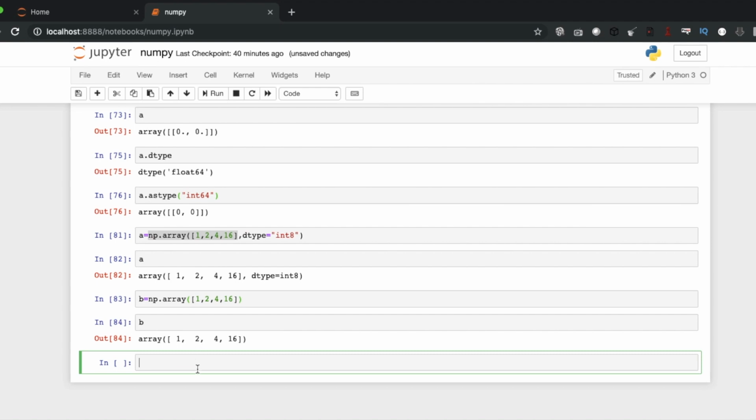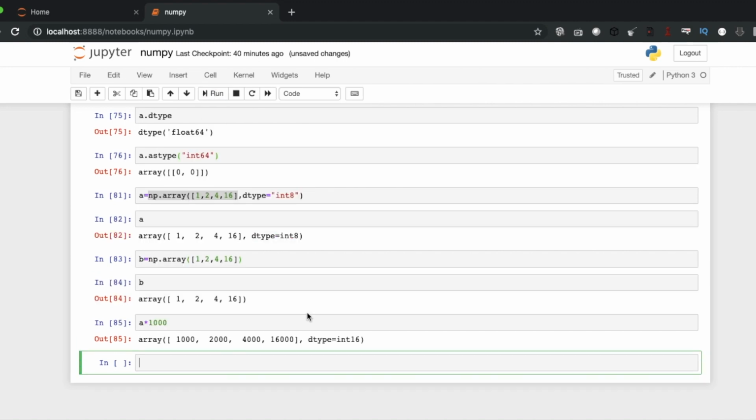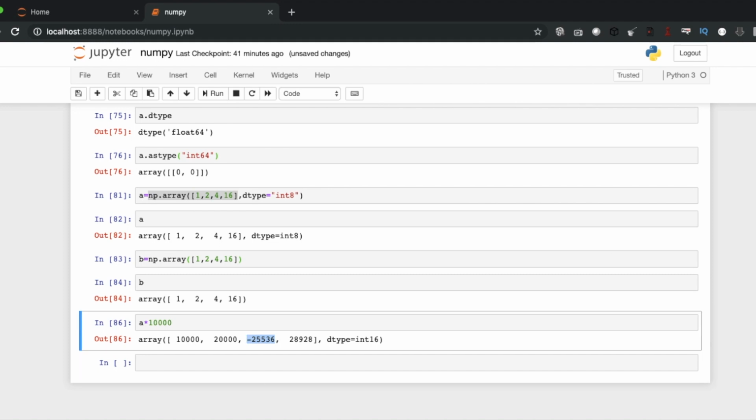So now the question is, if I multiply this, fine, now strange, why has this changed actually, why did it become like this?